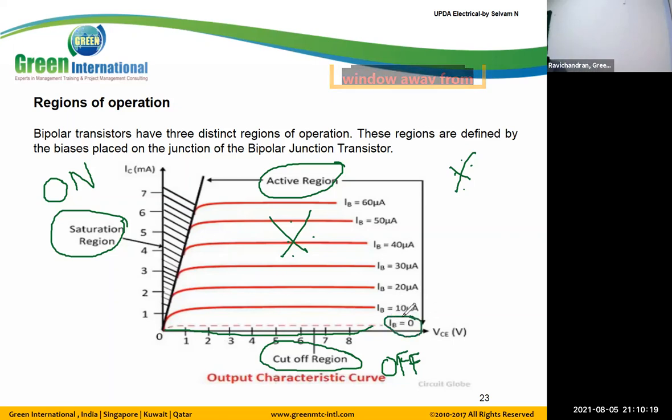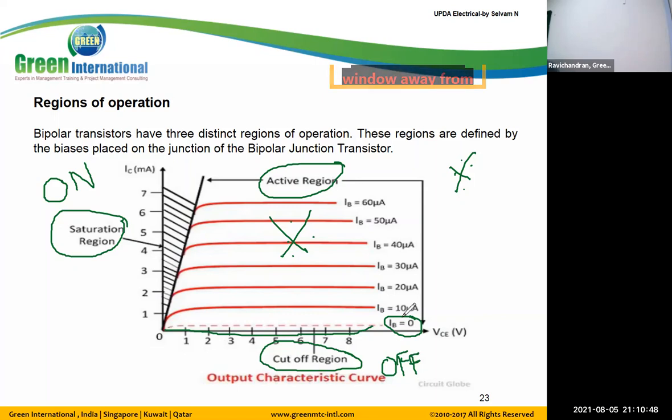We have typical values, but here we didn't have that. It is based on the devices, because in our college, as the common platform, we are using the SL100 and BC147. These are the transistor names. Each and every transistor has its own values. So that's why we say that.